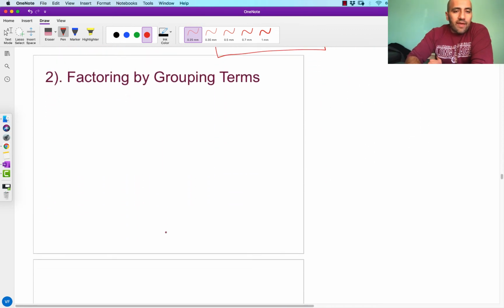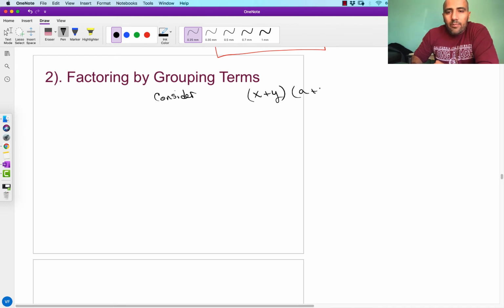Okay, the next type of factoring that we're going to do is factor by grouping. Factor by grouping will come about in situations where we run into this. So consider the following. If we had x plus y being multiplied by a plus b, and we go back to our FOIL, this times this, this times that, we FOIL it all out, we'll end up with xa plus xb plus ay